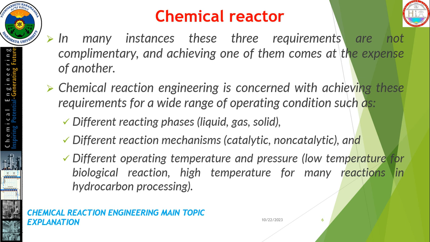So if you achieve one objective, for example, providing the conversion of the reactants, or getting a high rate of product, you can consider it as achieving one of the three requirements. Which one is important depends on your ideology. So chemical reaction engineering is concerned with achieving these requirements for a wide range of operating conditions, such as different